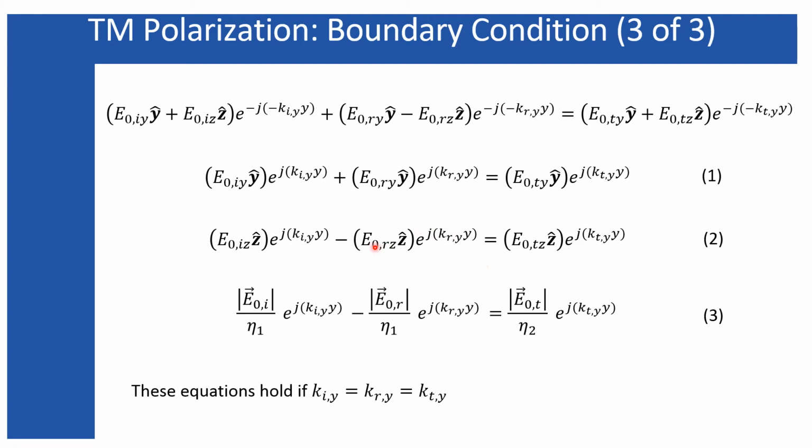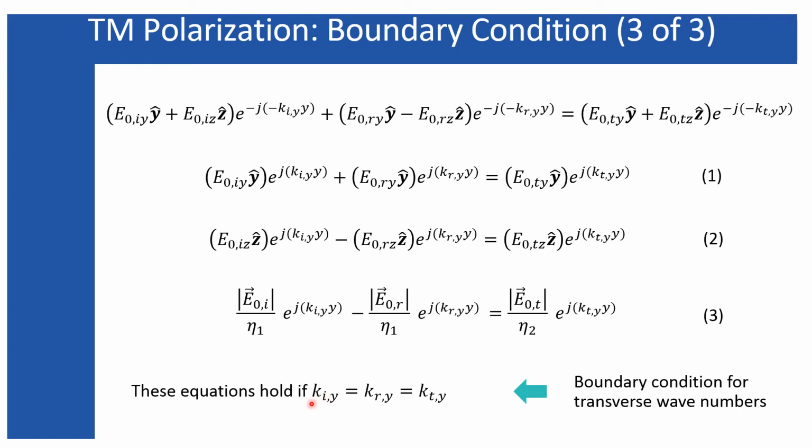Now, these e to the power factors exist in both equation 1 and equation 3. In order to apply the boundary condition, we have to consider that this equation holds, and it can hold only if the wave vectors along the y direction become equal. If they become equal, the e to the power factors get cancelled from both sides, and finally these three terms become equal, and the condition appears in a similar way to that in the case of normal incidence, which is the boundary condition for the transverse wave number.